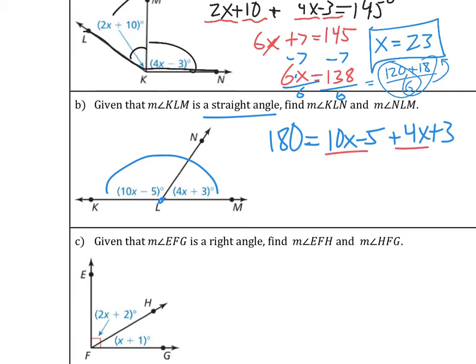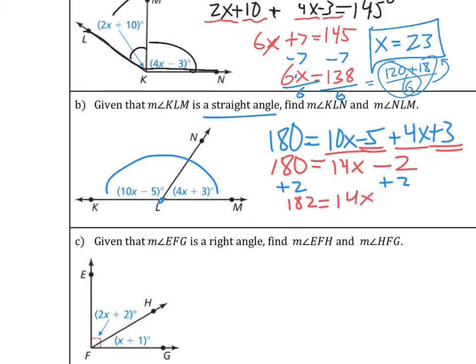All right, then we can combine like terms. 14x, we've got, careful here, that's a negative 5 plus a 3. Negative 5 plus a 3 is going to be a negative 2 when you add them, right? Okay. Now let's get all these constants to one side. Let's add that 2 on over. 182 equals 14x. And if we divide by 14,